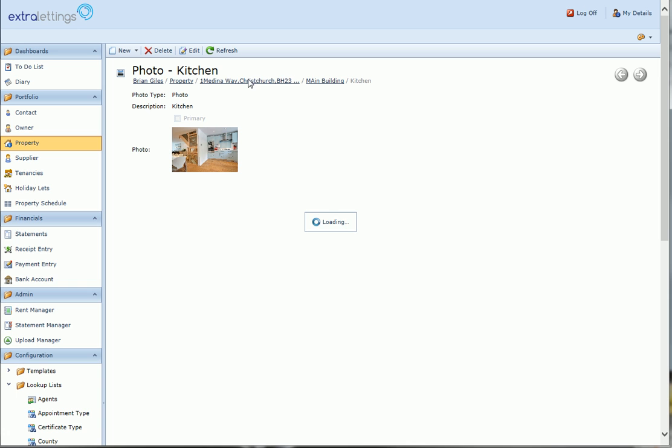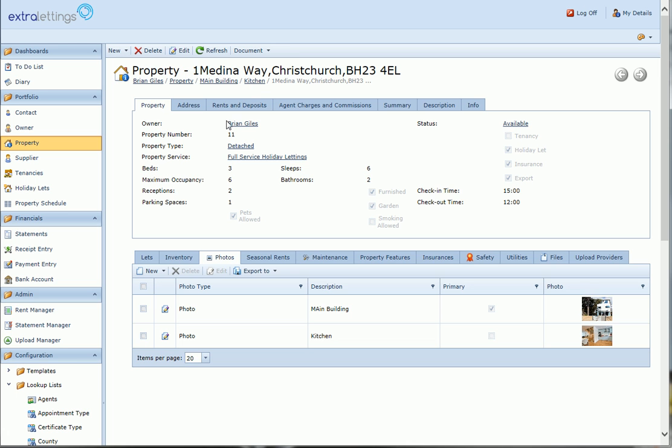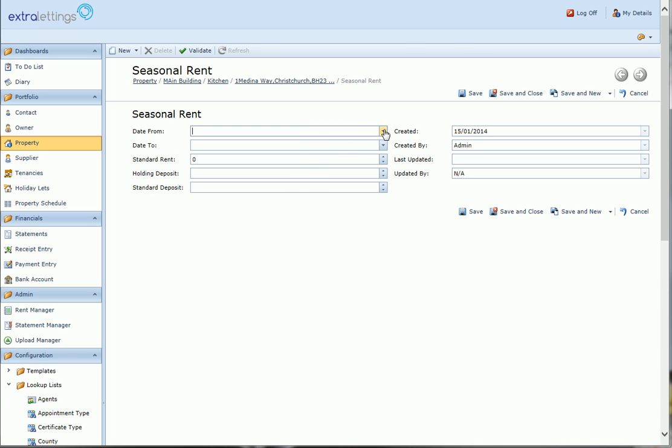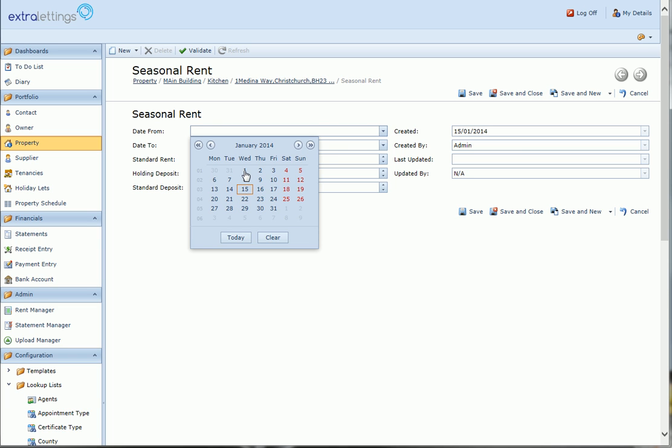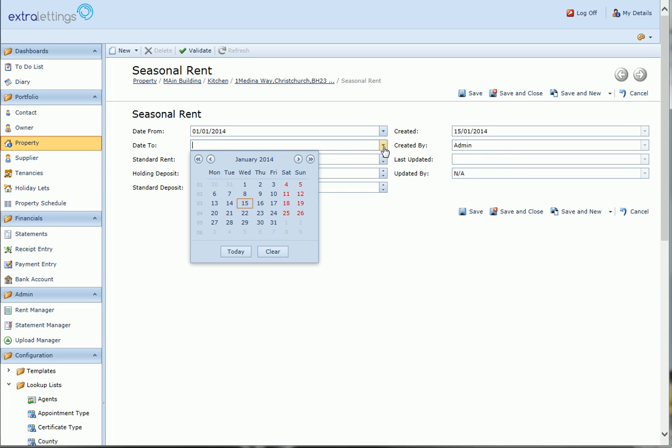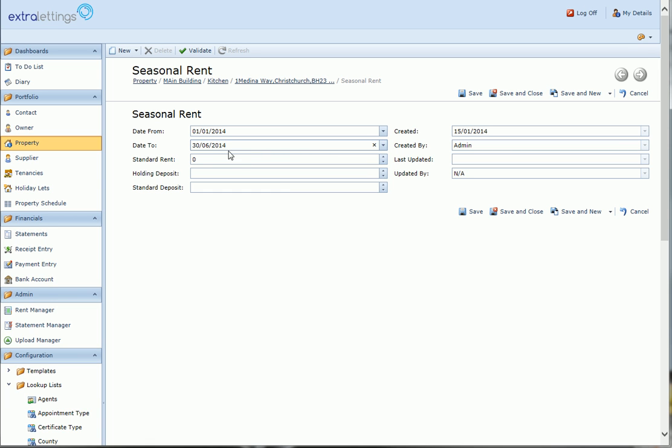And now click on the breadcrumb to go back to the property and put in some seasonal rents. New seasonal rent. And click the dates. I'm only going to put 2 in for test purposes, so I'm going to go for the 1st of January 2014 to the end of June. Standard rent of £900 a week. I'm going to charge a holding deposit of £250, and the breakage deposit